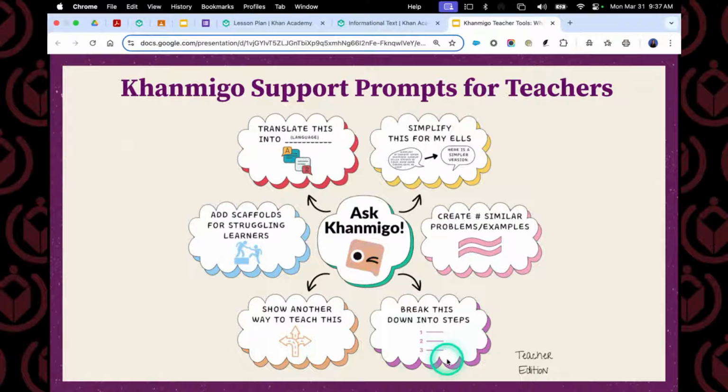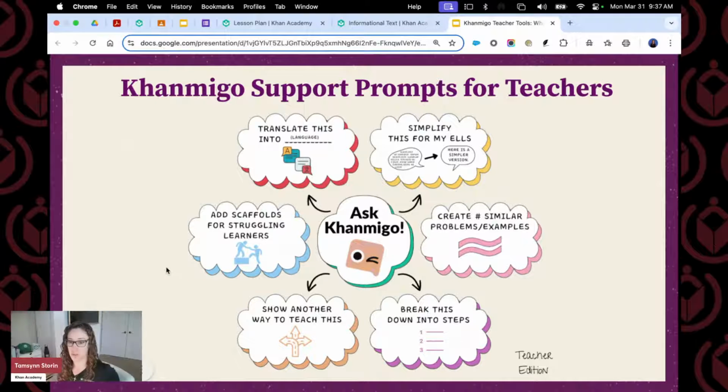Or, hey, break that down into steps. And if it breaks it down into steps and it's not enough steps, ask it to do it again. Say, break it down even more. So these are just some prompts you can chat with Khanmigo on the side to kind of help you learn how you can tailor it to your needs and your students' needs when creating these things in our teacher tools.